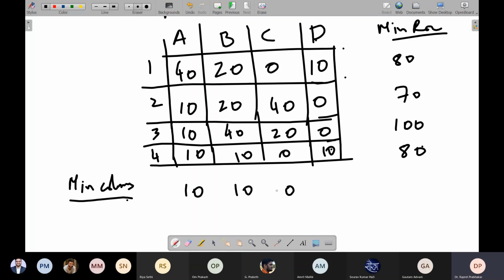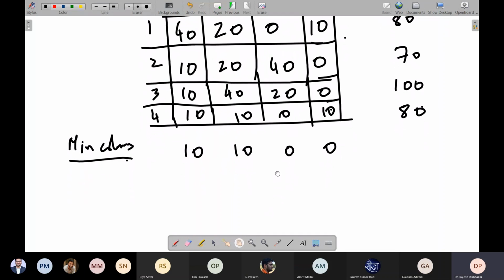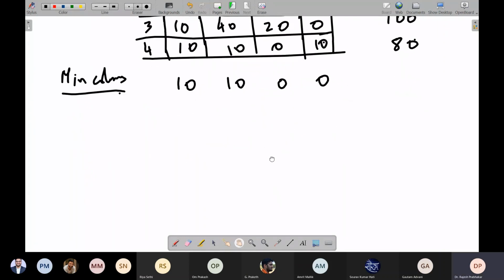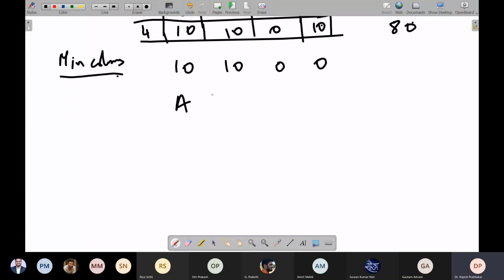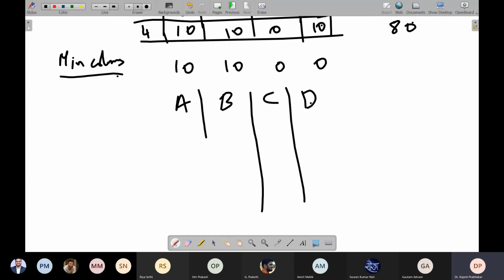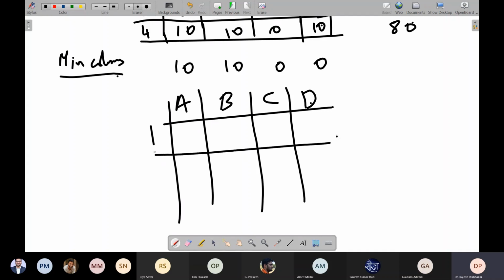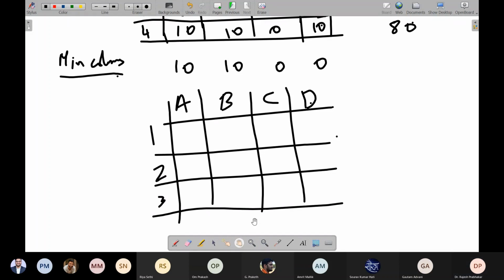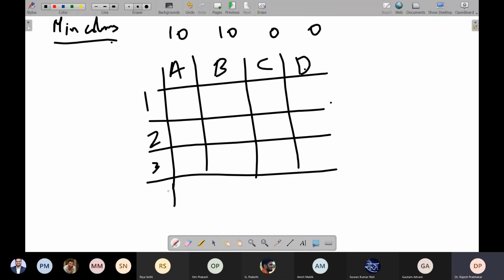And minimum of column D is 0. So let us deduct this. A, B, C, D, then 1, 2, 3, 4.